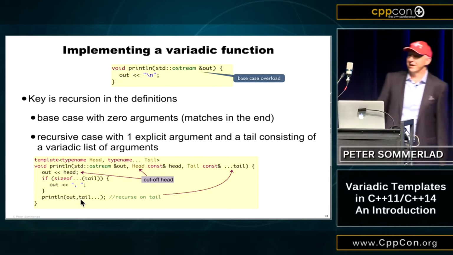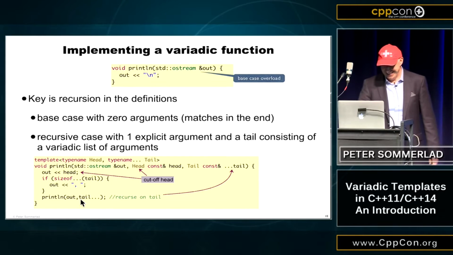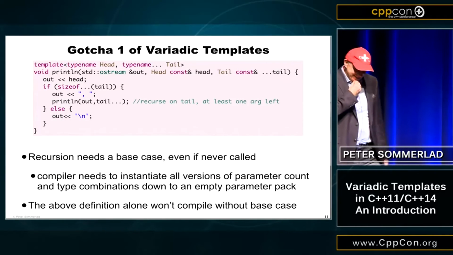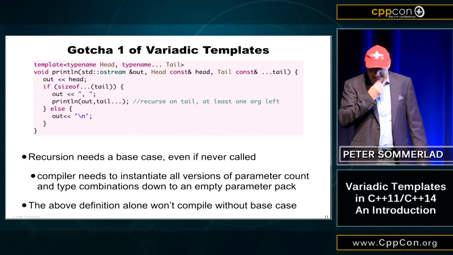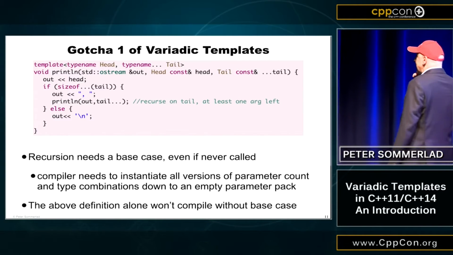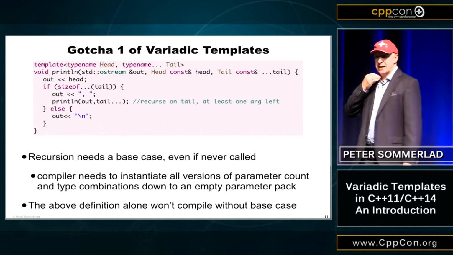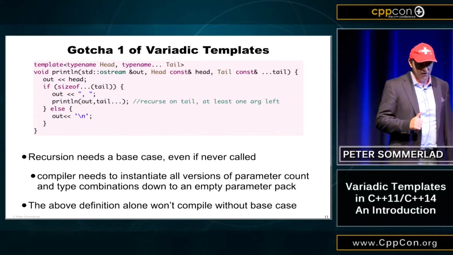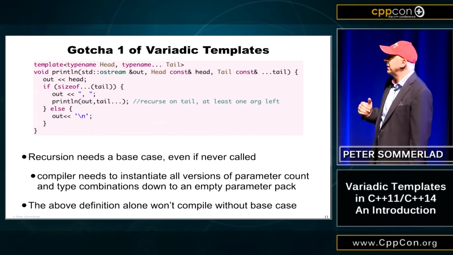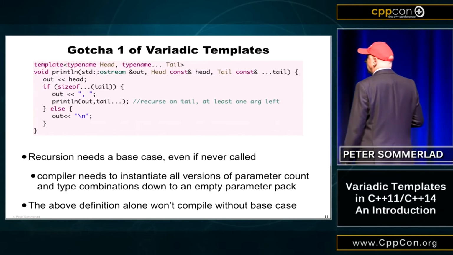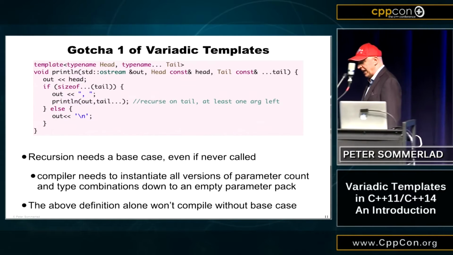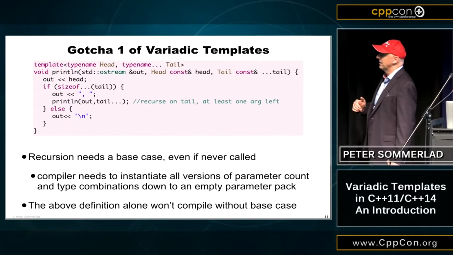You could do that. It's not that hard. So, I'm done. Well, there are some interesting aspects about variadic templates and recursion. One of them is that because it's a template, we always have to provide the whole source code. So we place the complete implementation in the header file. Not a big deal. But also, even if we never call the version of println where we have an empty tail,